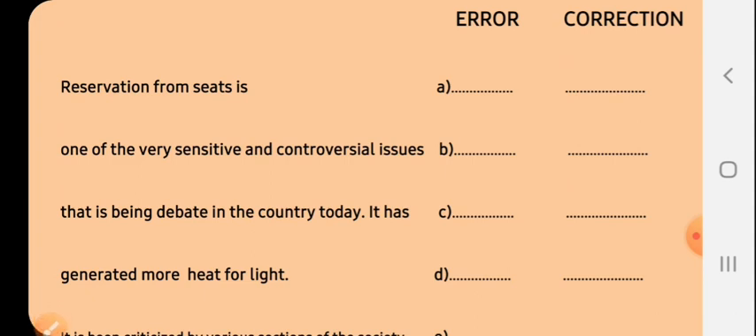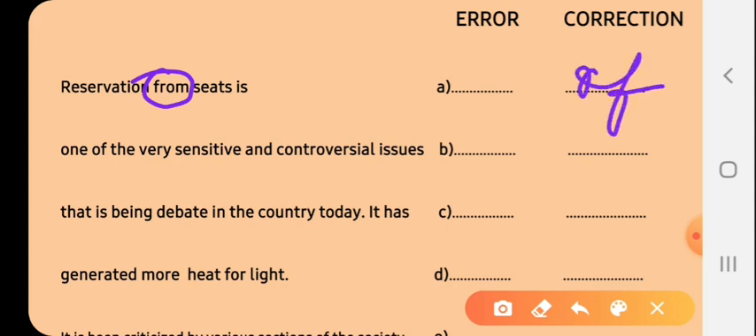The third one: Reservation from seats is one of the very sensitive and controversial issues that is being debated in the country today. It has generated more heat for light. So let's see in this passage. Reservation from seats. What's wrong here? Reservation of seats rather than from. What is our answer? Reservation of seats is one of